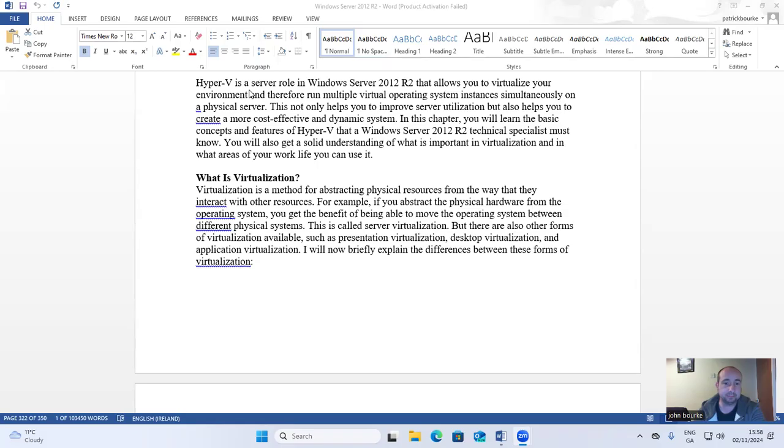Hyper-V is a server role in Windows Server 2012 R2 that allows you to virtualize your environment and therefore run multiple virtual operating system instances simultaneously on a physical server. This not only helps you to improve server virtualization, but also helps you to create a more cost-effective and dynamic